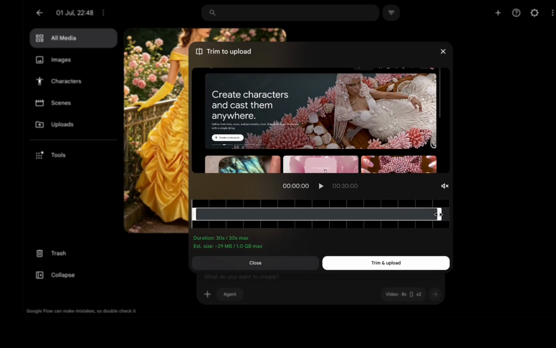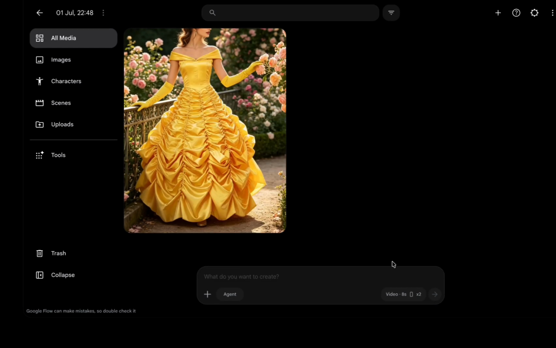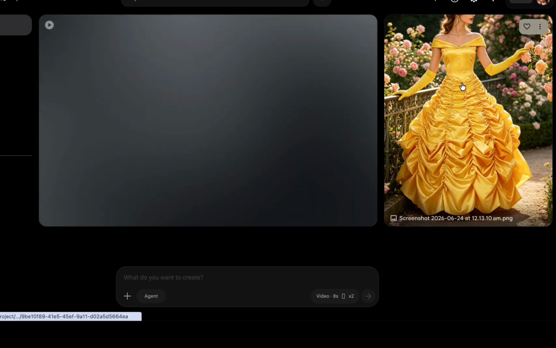And when you upload the video, it will ask you if you want to trim it down. I'm going to trim it all the way down just so it's faster to upload, but you can keep it at its full length if you wish. So trim and upload. So here, while that's loading, here we've got our image that we've uploaded, and we can